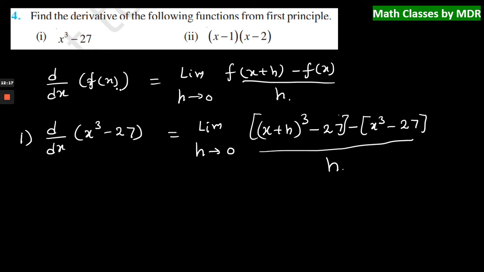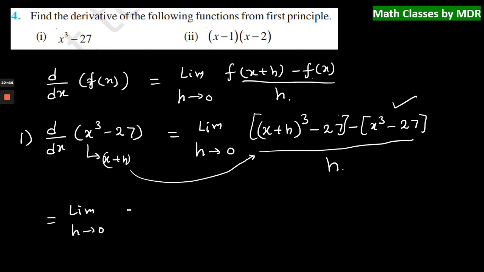So wherever you have x, you have to replace it with x plus h as one function, and we have to write f of x as it is as the second term. So we have written here f of x as it is, and here we have replaced x with x plus h. You will get this, right? Now let us simplify it. You will get